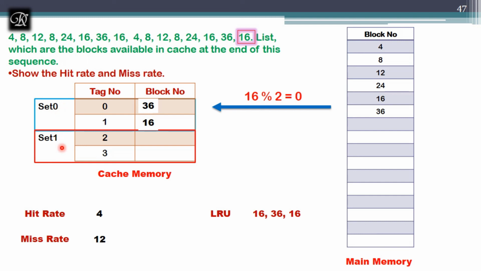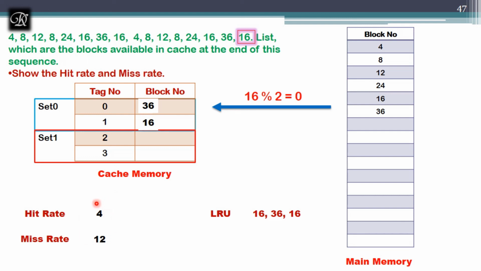If I go with the previous one in the set associative, here how many comparators are required? Only 2 comparators. If I go with the previous discussion, associative mapping, where we were using 4 lines, I need 4 comparators. Here the comparator count is divided by 2, and in direct mapping the problem was that we were not utilizing the cache well.